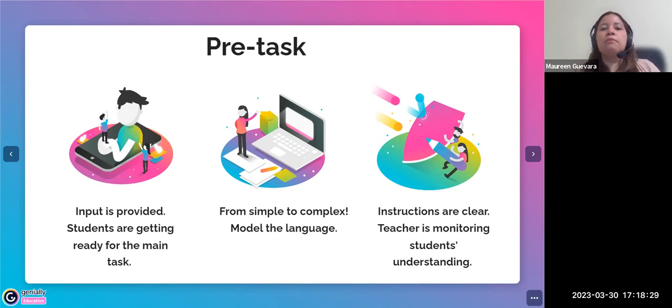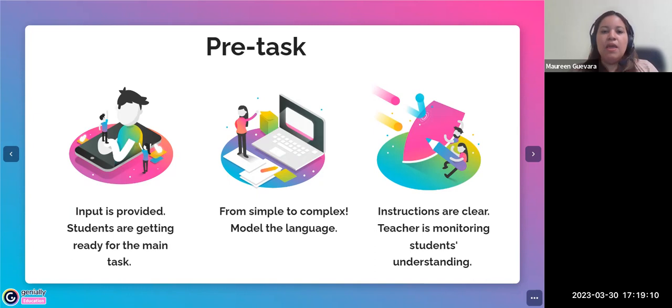They are going to need to ask questions. They are going to need sentences in the past using regular or irregular verbs. They are going to need time expressions: yesterday, last week, etc. And if I want them to be more specific, I can think about using yes or no questions, WH questions, and so forth. So now, as a teacher, I already identified the language that they are going to need